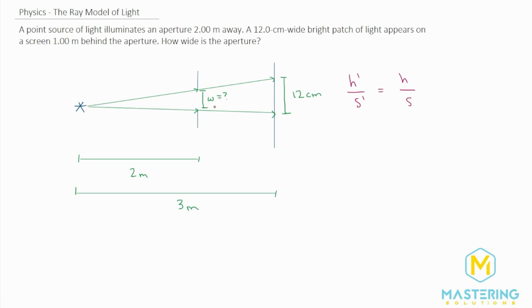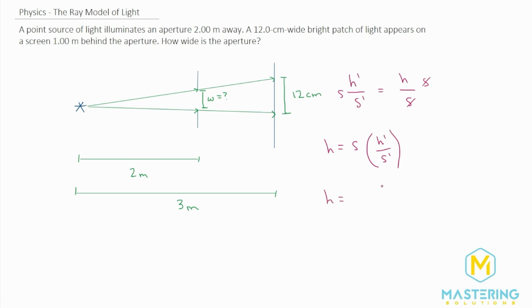We're trying to solve for this right here, which you can think of basically as the object height, or h, because this is the image height, and then this is the object distance and the image distance. So if we're trying to solve for h, we can isolate that by multiplying both sides by s. So h, or the object height, will be equal to the object distance times the ratio of the image, which is its height divided by its distance.